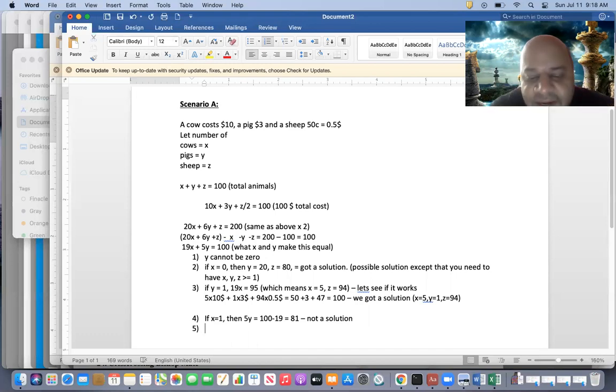And if there are some additional conditions, we can immediately zero in on one exact solution. Otherwise, there are many solutions possible, right? One of them, for example, x is equal to 0, y is equal to 20, z is equal to 80. That was one solution. But the condition was that every x, y, z had to be at least one or more, so that was not allowed. Then the other one we got was y is equal to 1, x is equal to 5, and z is equal to 94. So more solutions are possible like this, depending on the conditions of the puzzle.